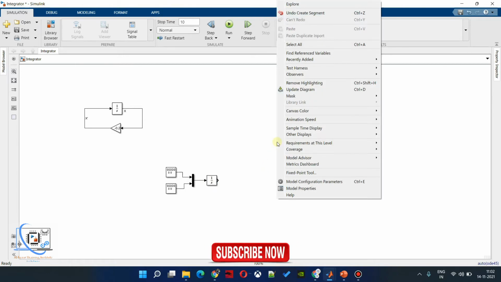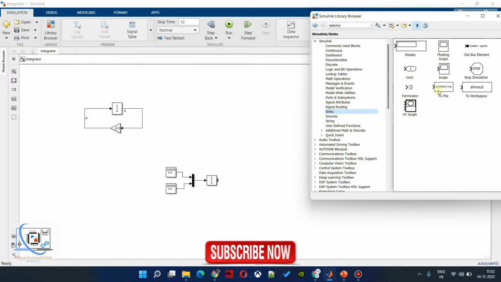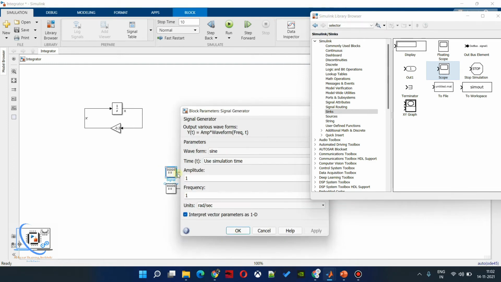Now what we need is a scope. To get a scope, we will go to sinks and get a scope. Let's connect it now. So here I'm going to get a square wave. Amplitude is 2, and frequency I'm going to take in hertz, like 1 hertz.